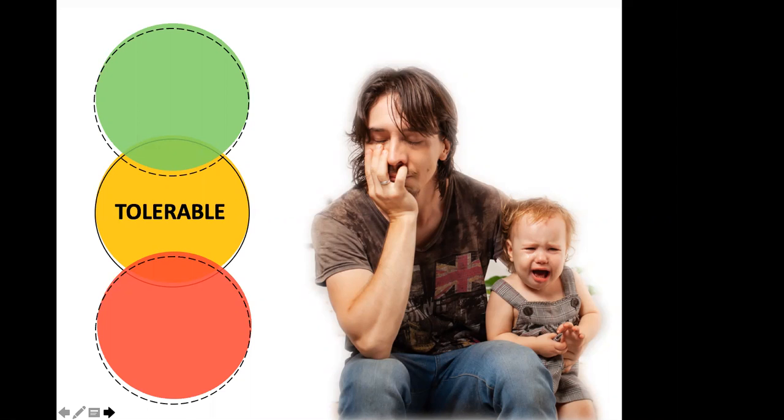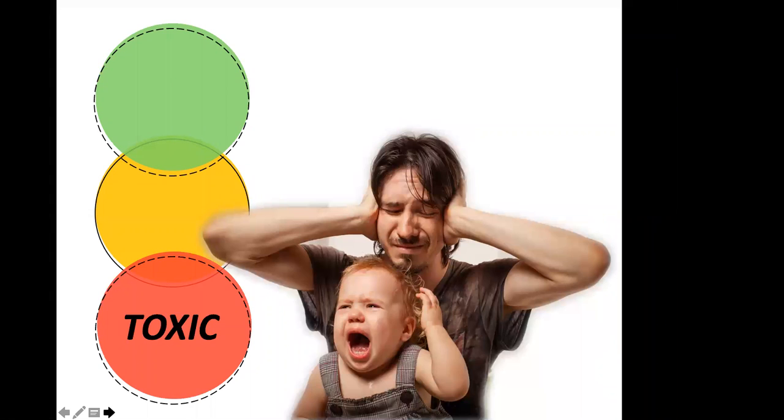The events could be the same, such as switching daycares or preschools, but it's buffered by that relationship, and the child is able to process it, return to their baseline hormone levels, and work through that stress. And having that buffer of that adult supportive relationship is what can keep it at a tolerable level before we move up to toxic stress.